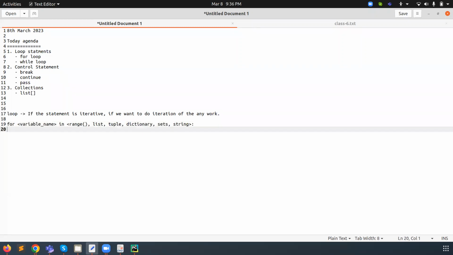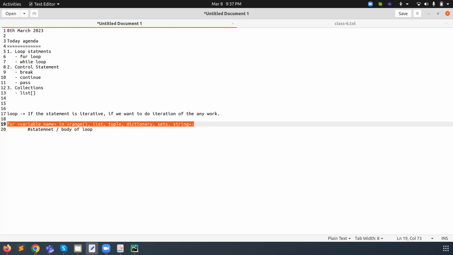After that we need to give the statement of the loop, meaning the body of the loop. For defining the body of the loop, in a conditional statement, a function, or a class, we always remember that after the syntax, at the end, we need to define the colon.